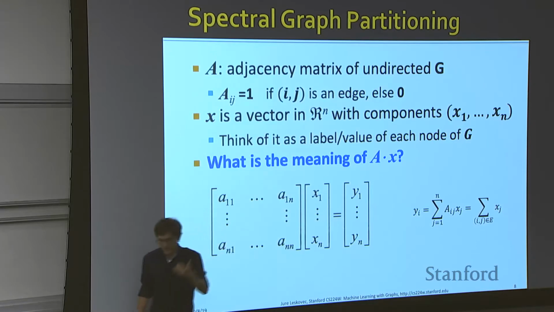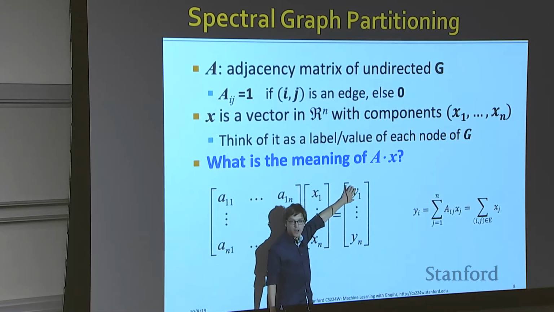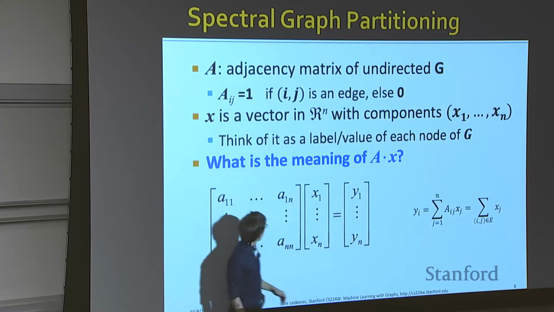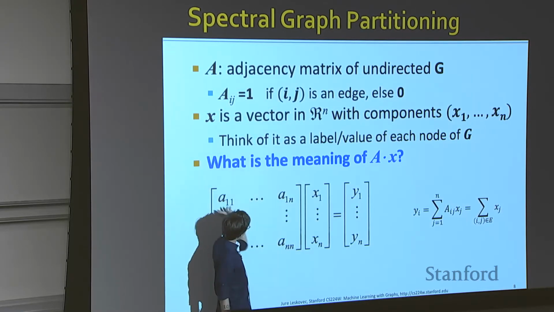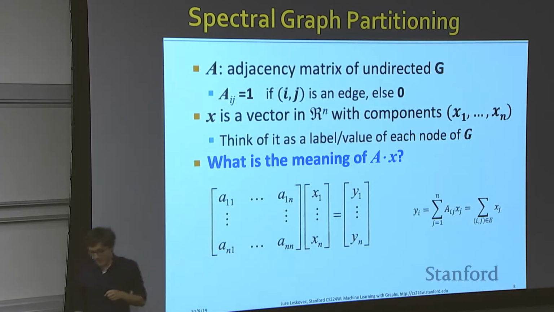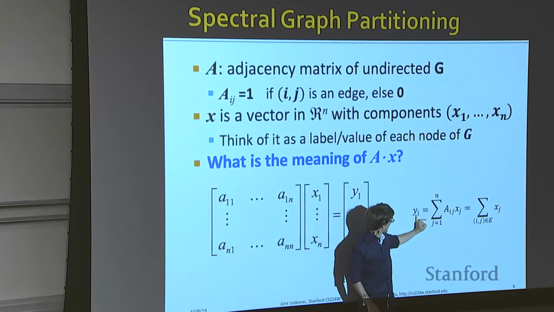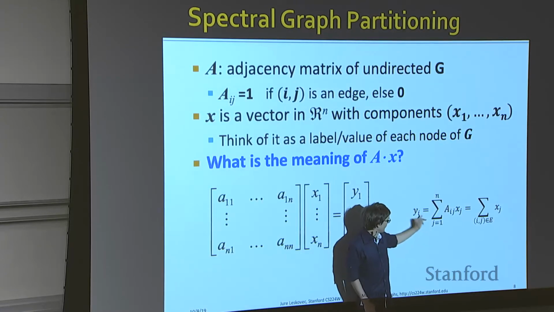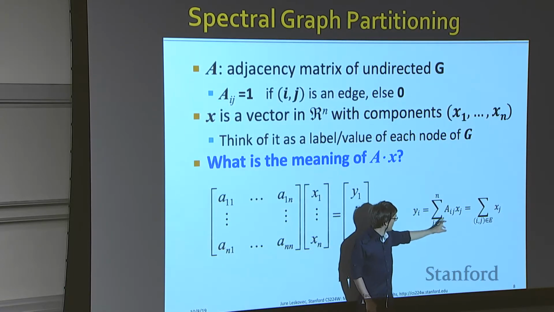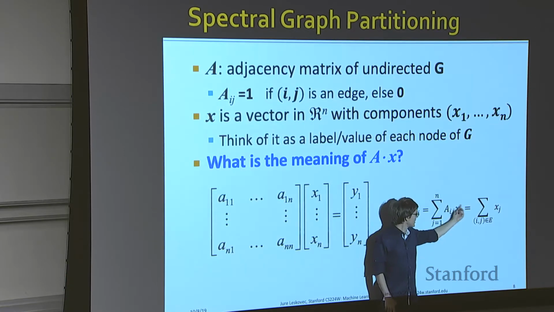So if I do A times x, what happens? What is the value of y1, for example? The value of y1 is that I do a dot product between the first row and my vector. And the way you can write this down is essentially you say, my value y1, or yi, is a sum over the ith row of the adjacency matrix times the jth component